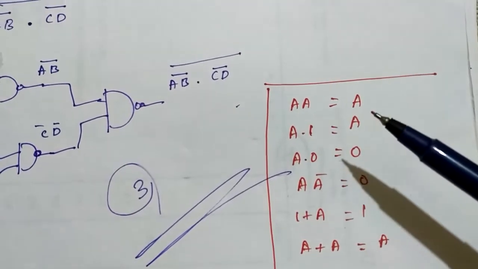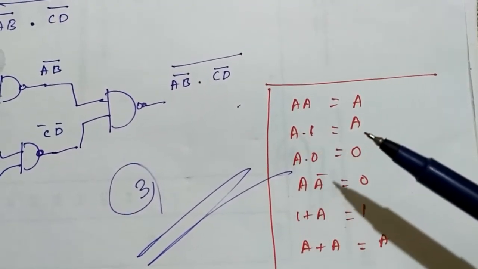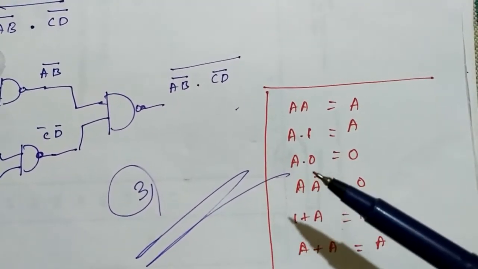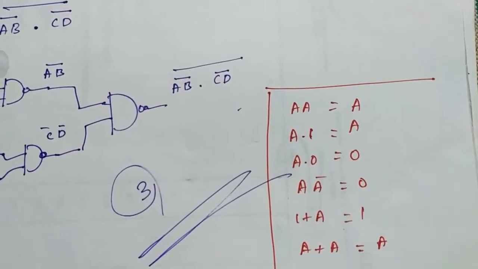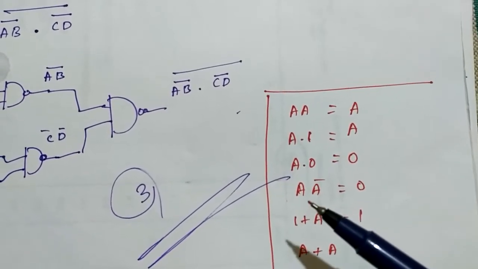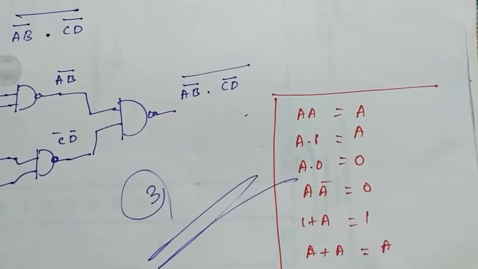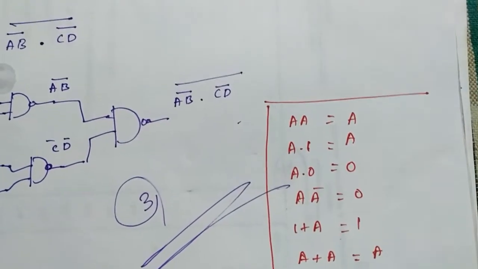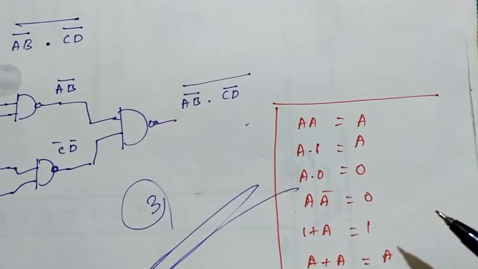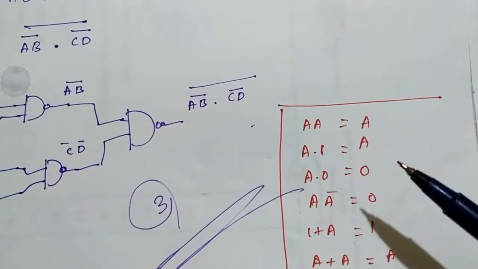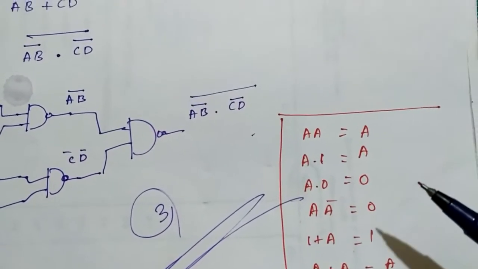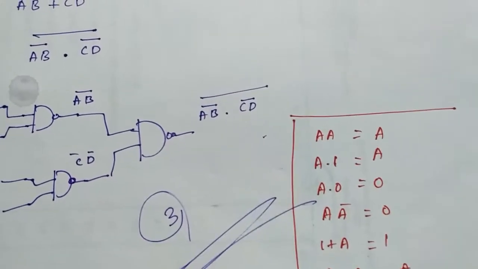A dot A is equal to A, A dot 1 is equal to A, A dot 0 is equal to 0, A dot A complement is 0, 1 plus A is equal to 1, A plus A is equal to A. So these results are very much useful while doing the coming problems. So here the first